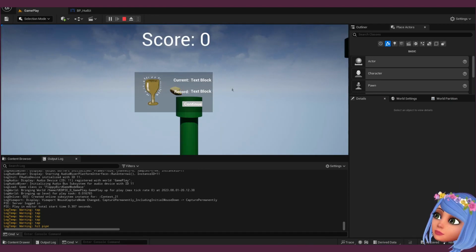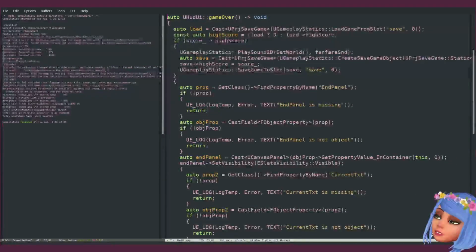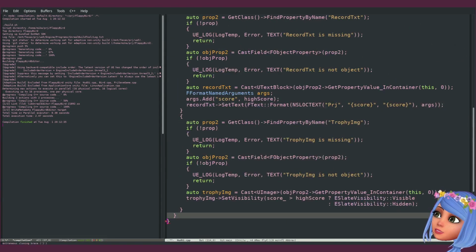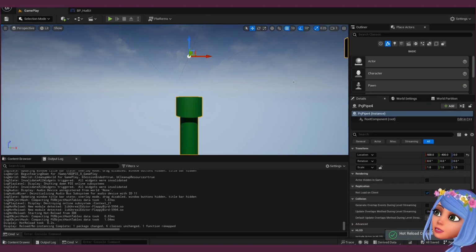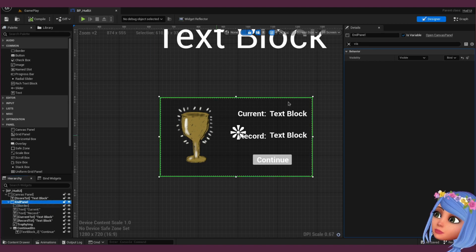Oh, if score greater than, oops. It should be like this. Essentially, we can remove this thing as well. Okay, let's hide this thing now. End panel hidden.